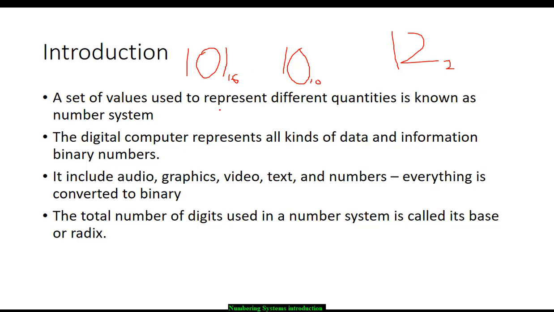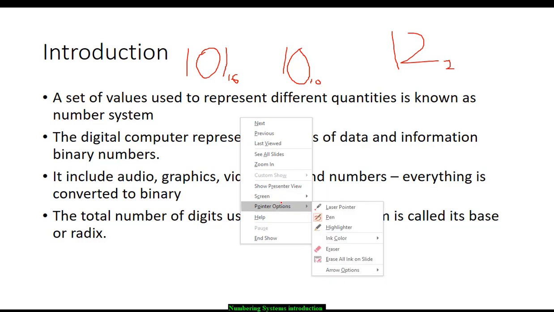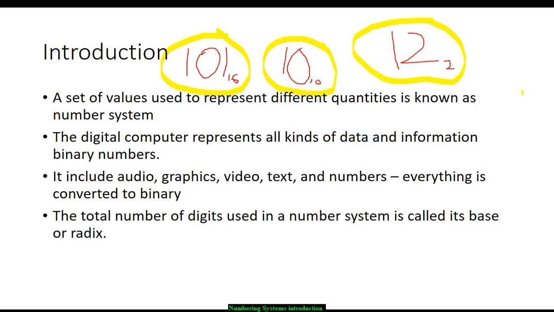So if you look at the three different numbers that you see in front of you, to highlight, this represents base 16, which is hexadecimal. This represents base 10, which is decimal, and this here represents base 2, which is your binary format. And this is how you would define your different bases as we go forward with this